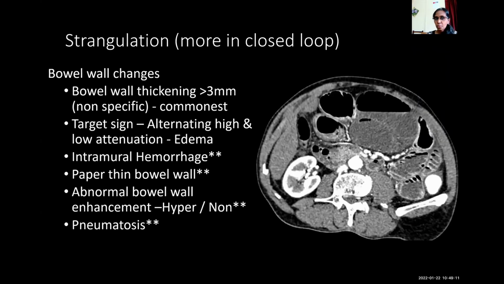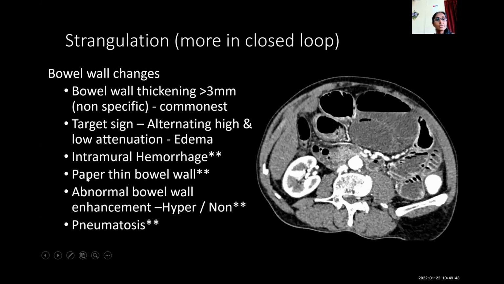Why did we talk of ischemia? Strangulation is very common in any type of closed loop obstruction. The question somebody had asked earlier was, can you not have closed loop obstruction in volvulus without an internal hernia? Of course, you could have closed loop obstruction in volvulus, and there again, they are more prone to strangulation. What are the changes in strangulation? That by itself is a session, so I will just touch upon some